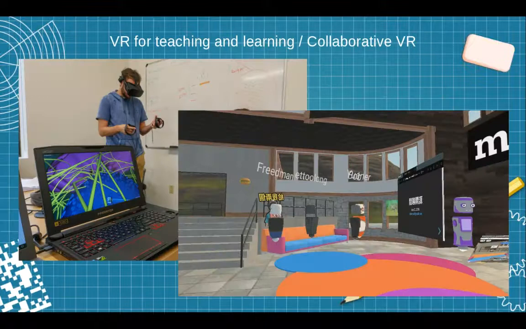And on the other side, we have virtual reality. So on the left, you have an example of a student working with a VR headset. And the other picture is a snapshot from Mozilla Hubs, where you could have some collaborative meetings and stuff